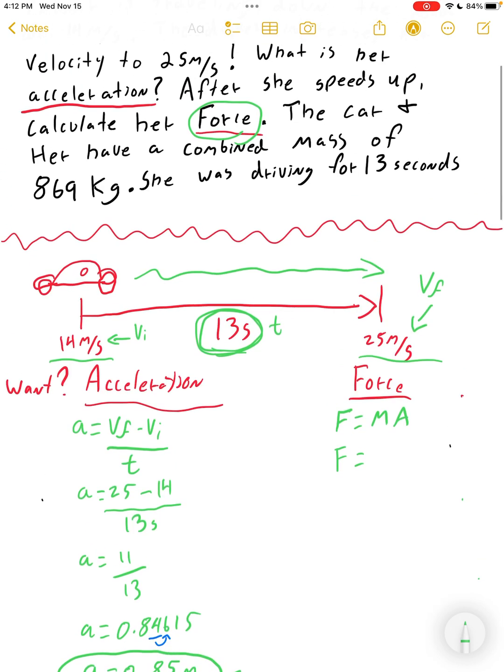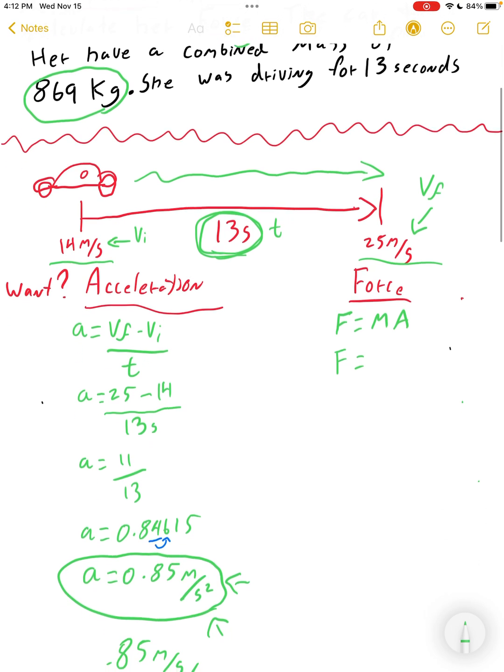And we also have her mass. Her mass is in kilograms, 869 kilograms. If you're given a mass and it's not in kilograms, you definitely need to convert, okay? But we have 869 kilograms, and then we're going to multiply it times her acceleration. And her acceleration was right here, so we have 869 kilograms times